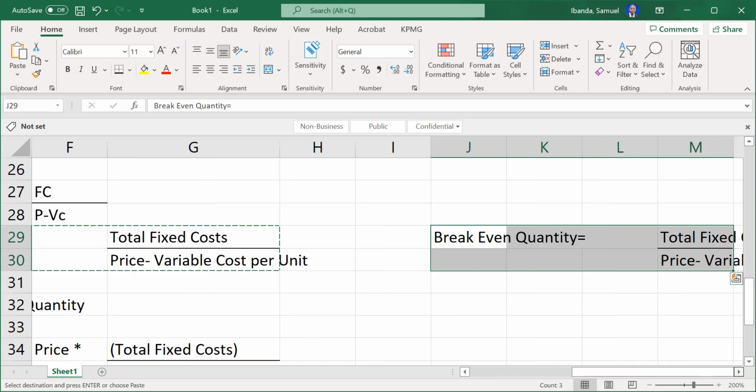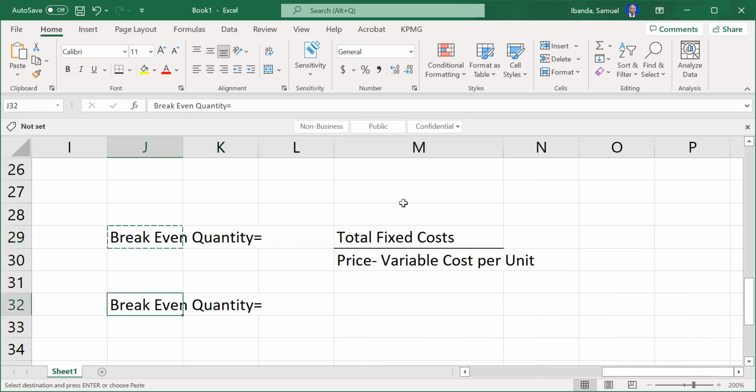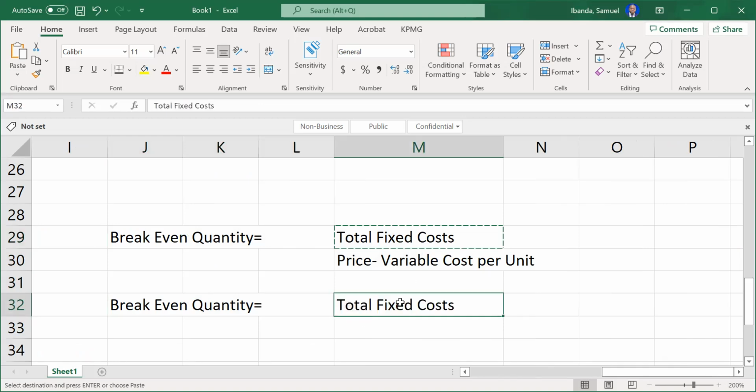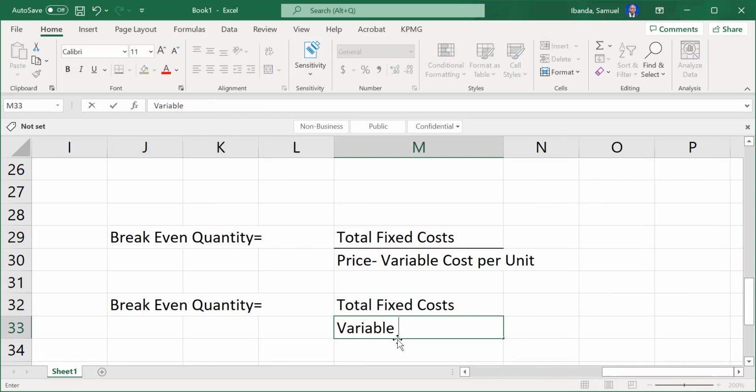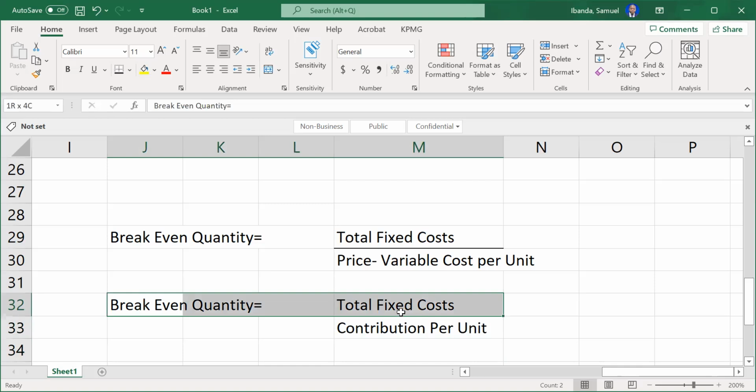We can come and say our break-even quantity will be given by our total fixed costs divided by variable. Sorry, let's call it contribution. Contribution, can even call it contribution per unit. So this is how our break-even quantity will look when we are looking at it from the perspective of